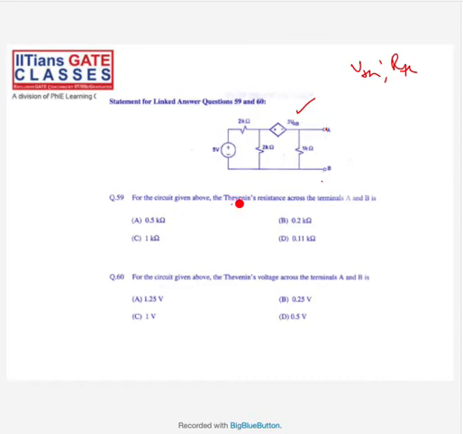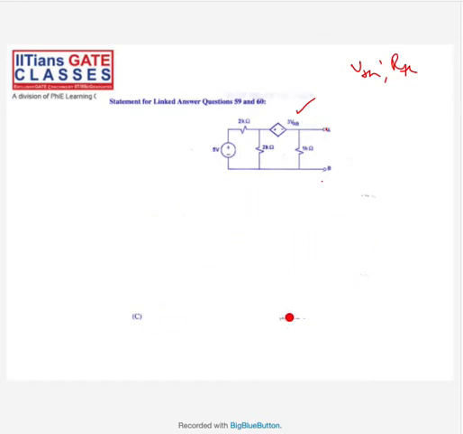You have to find VThevenin as well as RThevenin for this. First thing is you have to find the RThevenin. The second is Thevenin's voltage across A and B. So you have to find both VThevenin as well as RThevenin for this. Okay, so first step